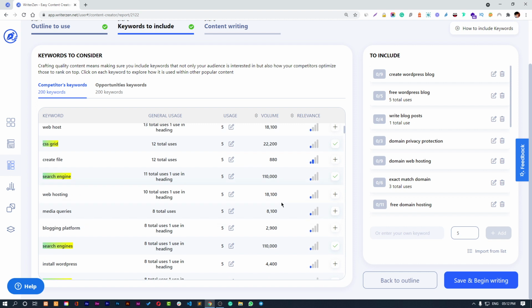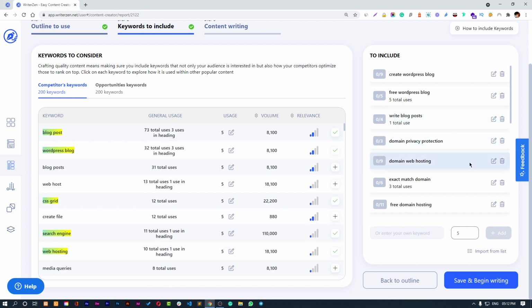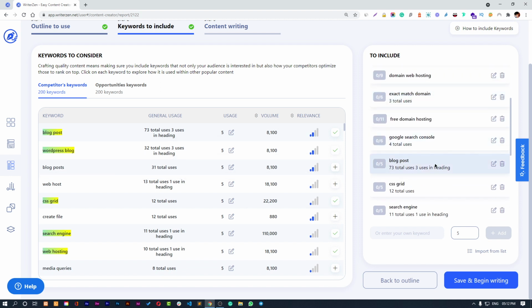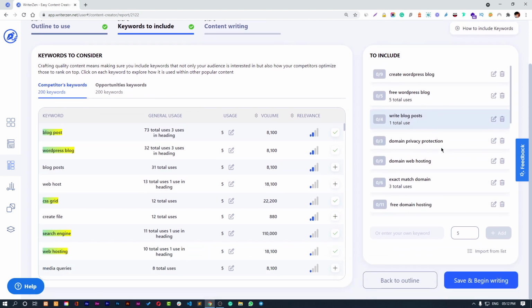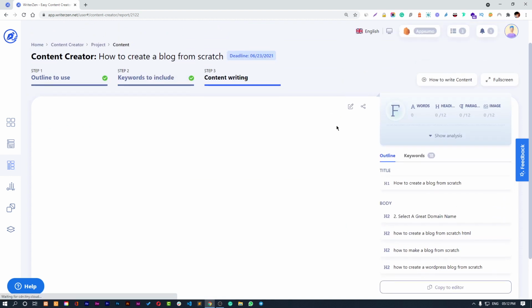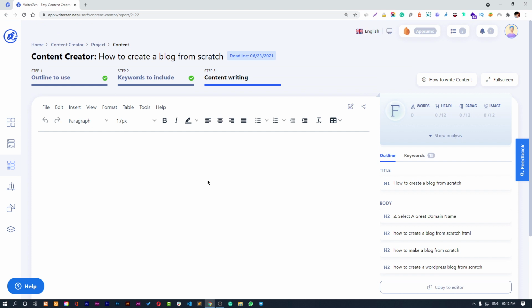Let's first use some of the keywords, and each keyword that you add from here will be added to this list, right? And let us save and begin writing. So now we are in our content writing panel, right? So we have finished outline and keywords to include.